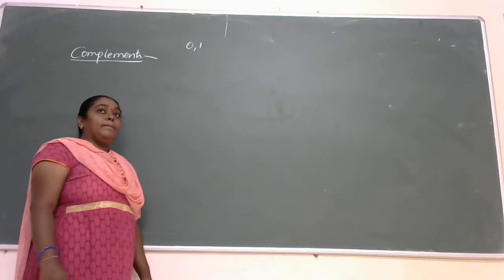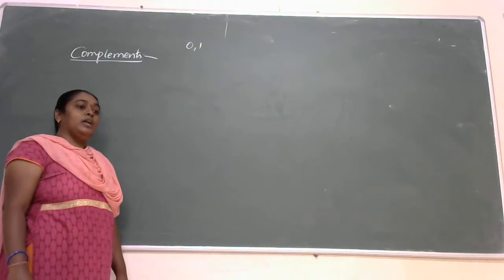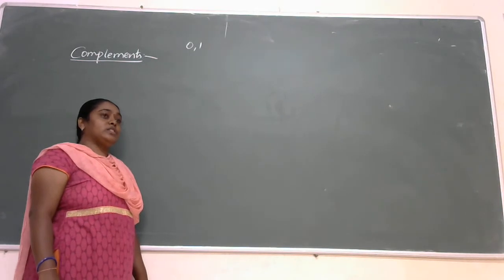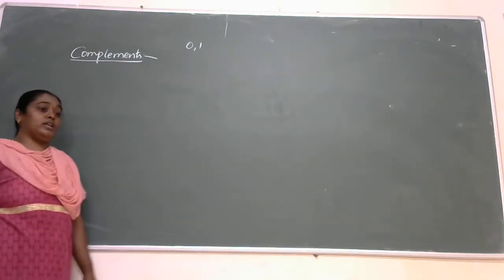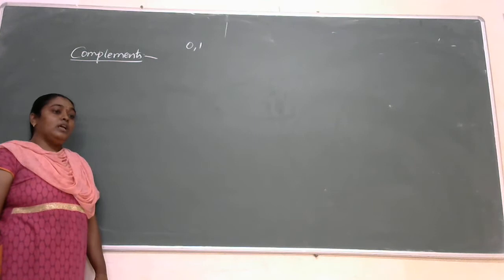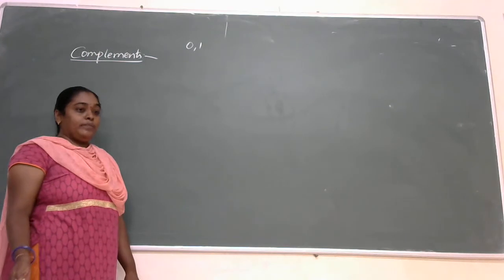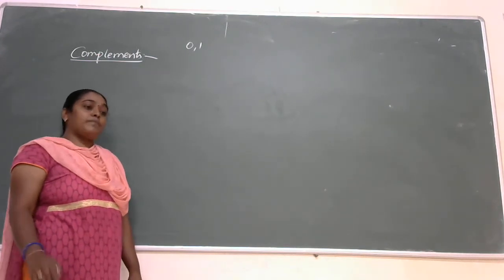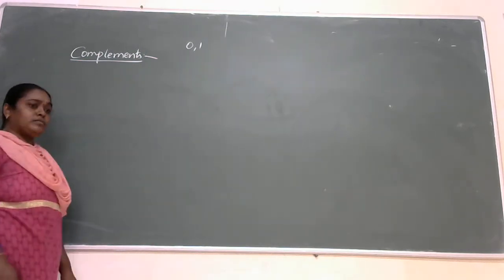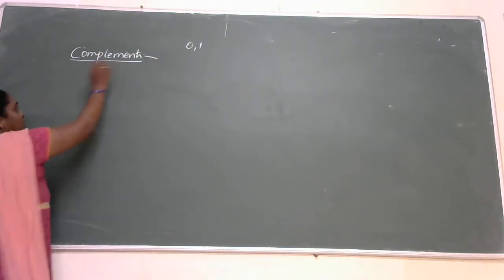The application of digital system design is used in computers, that is, computers understand only machine level language, which is nothing but zeros and ones. But if we want to perform any subtraction operation, the system will not perform subtraction directly. Instead, it will perform subtraction using addition. So complements are nothing but performing a subtraction operation by the addition process.